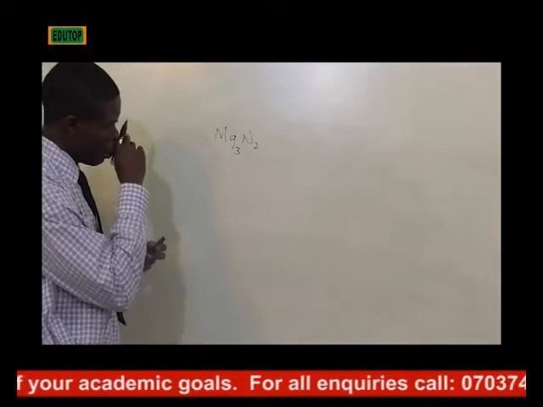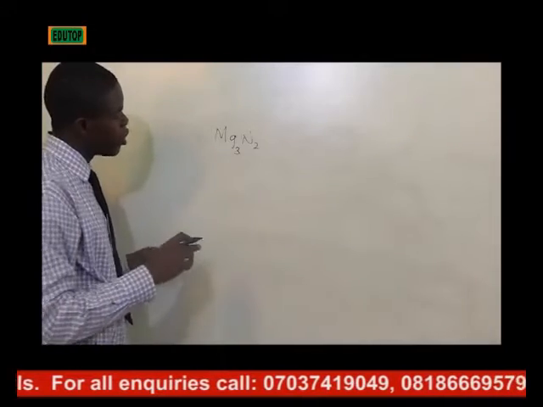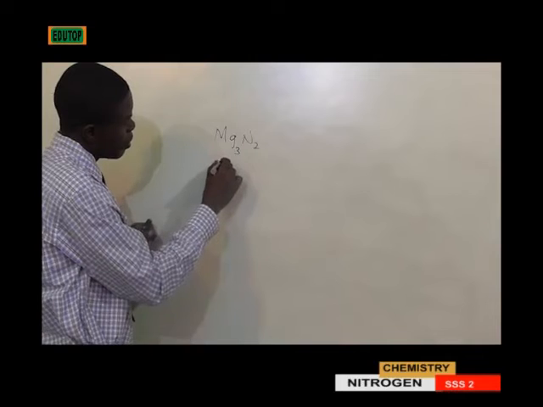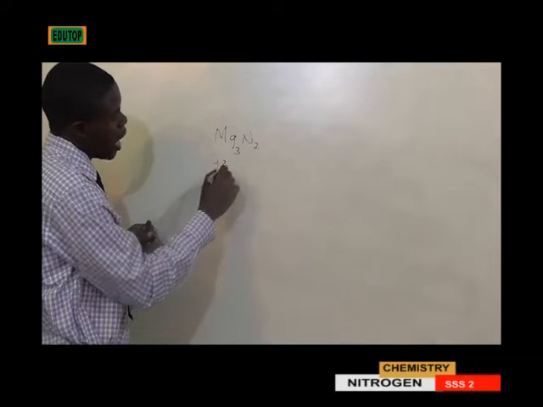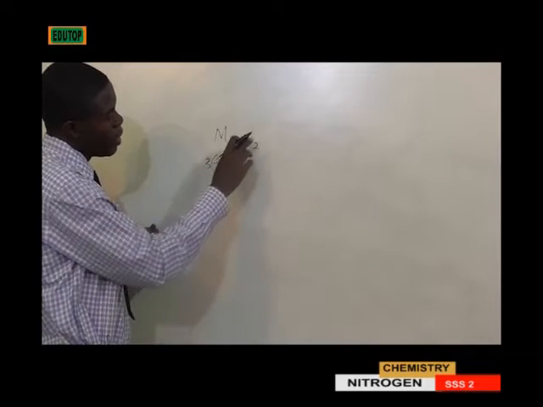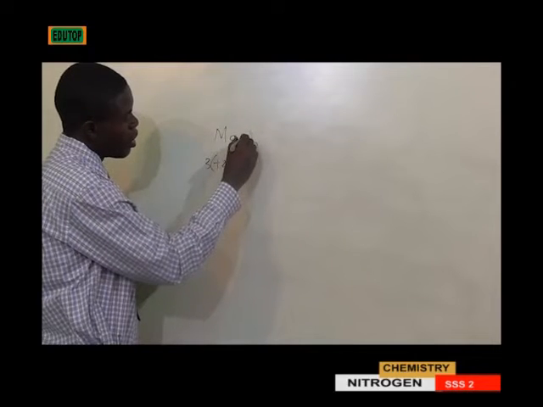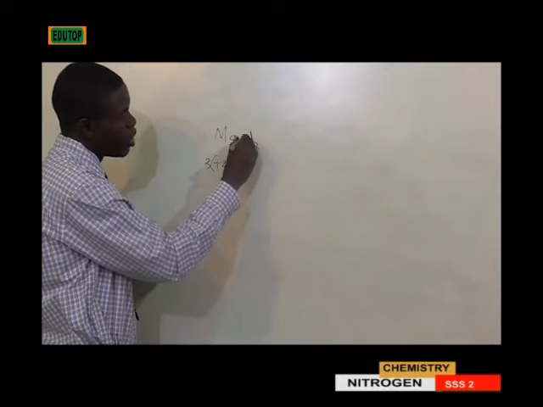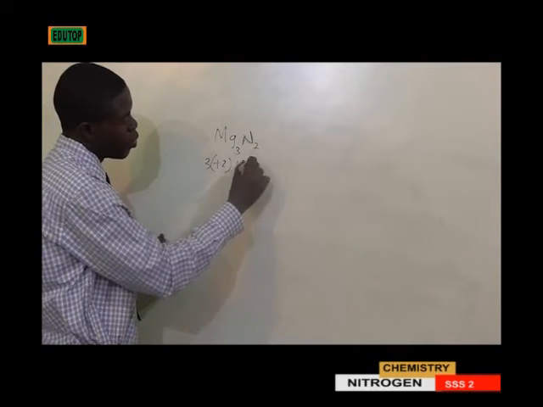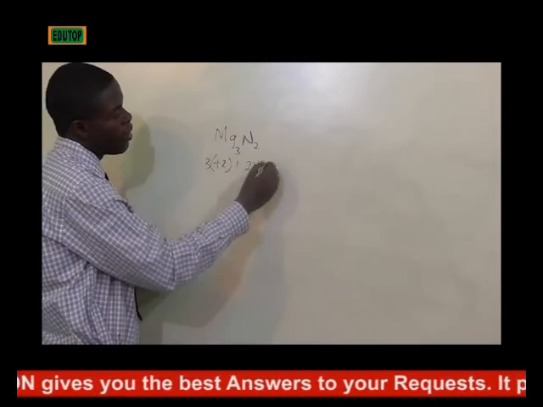Magnesium has a +2 charge, and since we have 3 atoms of magnesium, that is +6. Let us assume the nitrogen is unknown, so 2 times N, that's 2N. Then the algebraic sum of the compound is equal to